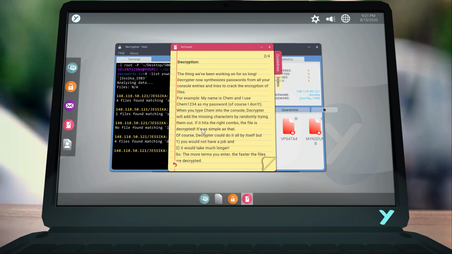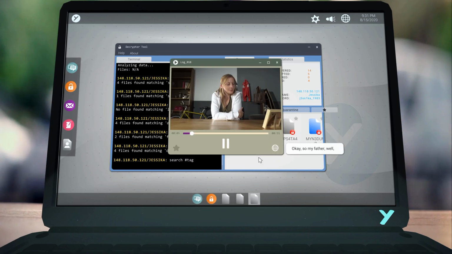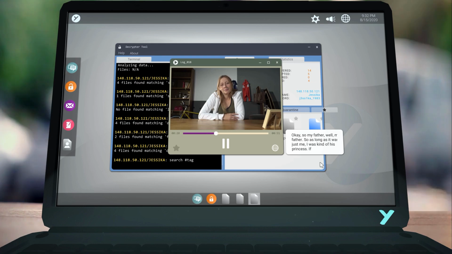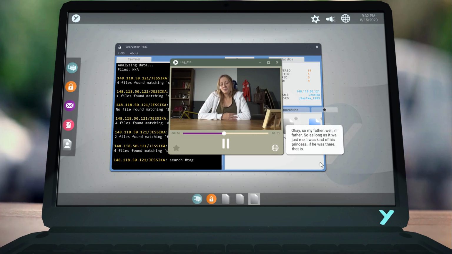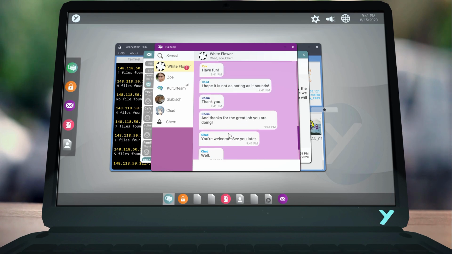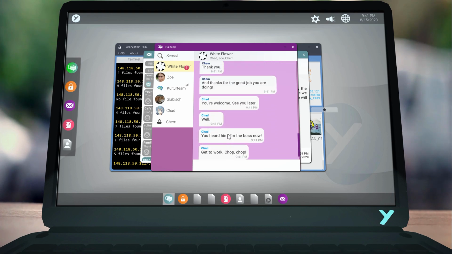You'll find yourself typing in things you never thought you'd type into a game in order to try and dig up videos so you can progress and get further and further down the encrypted rabbit hole. When you find an unencrypted video or file, you can pop it up and watch Jessika in either English or German. There's also a translator tool at the bottom if you'd rather see the words spelled out for you. You can also star videos of note to save them for watching later, and some videos offer you the option of sending them to your coworker or to Jessika's father for further details.